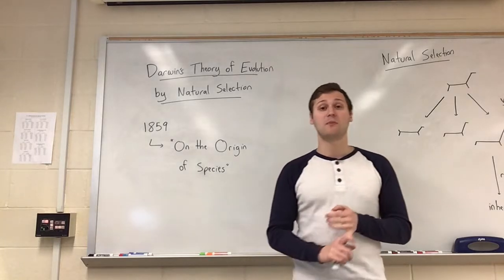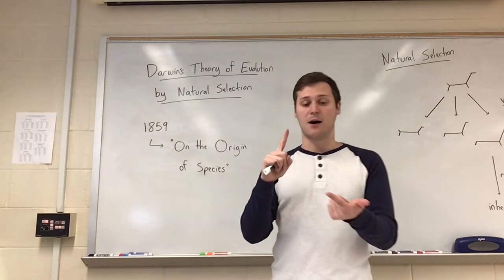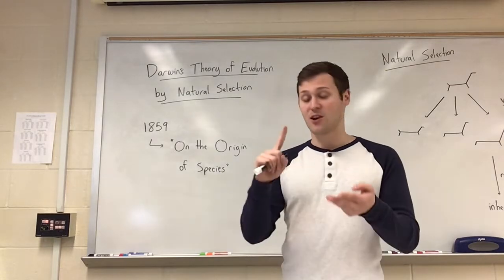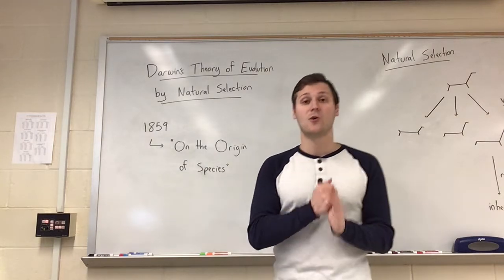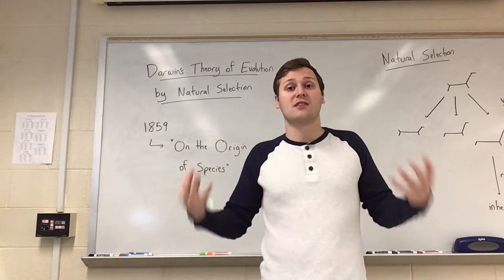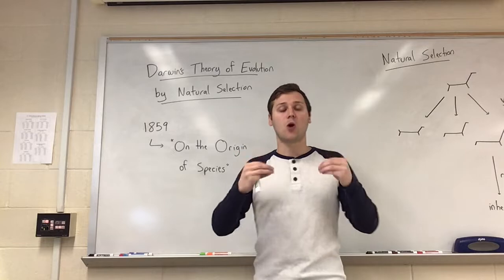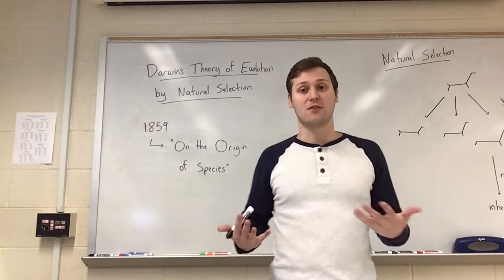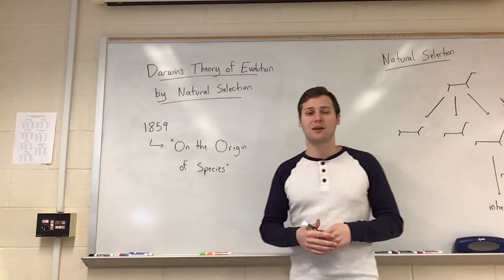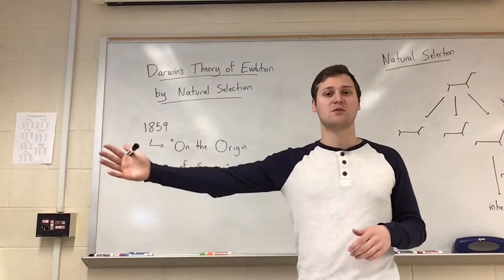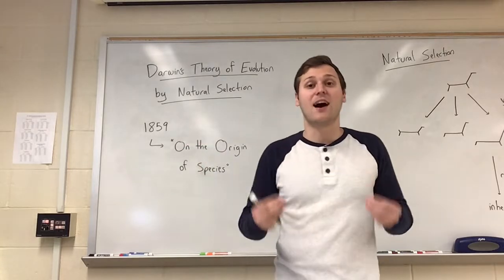We also talked about the people who influenced Darwin's ideas, including geologists such as James Hutton and Charles Lyell. We talked about Jean-Baptiste Lamarck. We talked about Thomas Malthus, and we also discussed breeders and artificial selection. So all of this led to this big moment where Darwin finally published his results. And he published it in this book called On the Origin of Species, or sometimes you might just hear it referred to as The Origin of Species without the "On." And that was published in 1859.